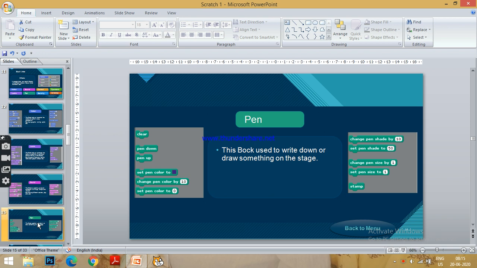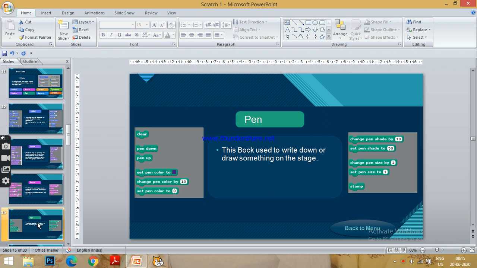Basically, if you see the pen block, we have options such as clear, pen down, pen up, set pen color to, change pen color by, set pen color to.